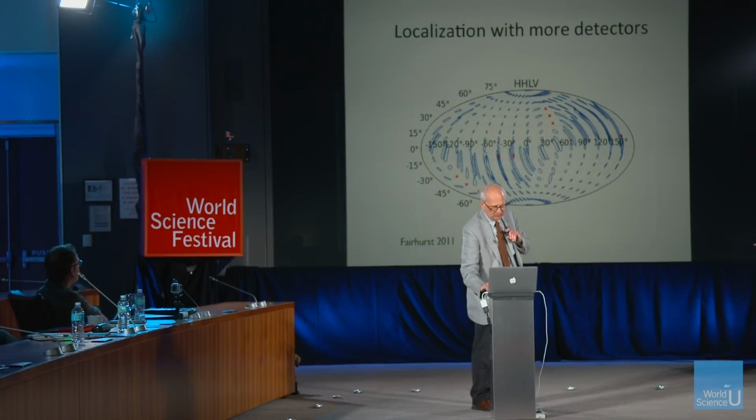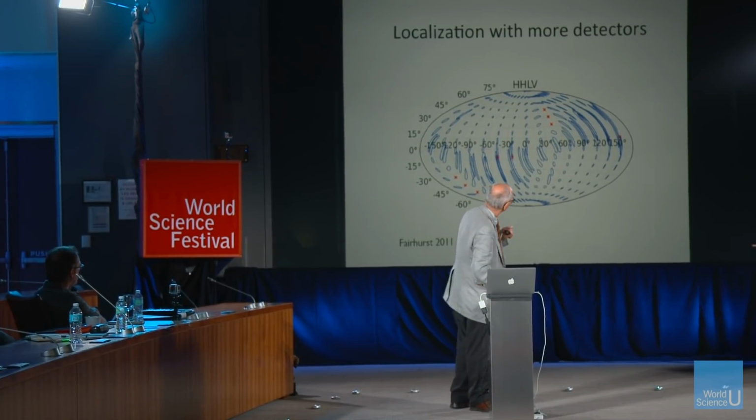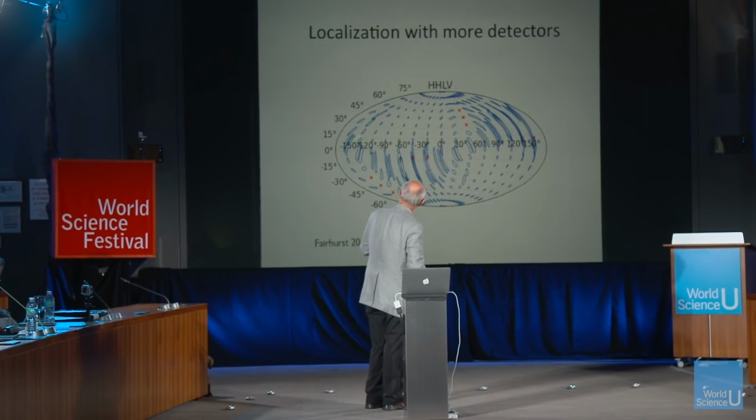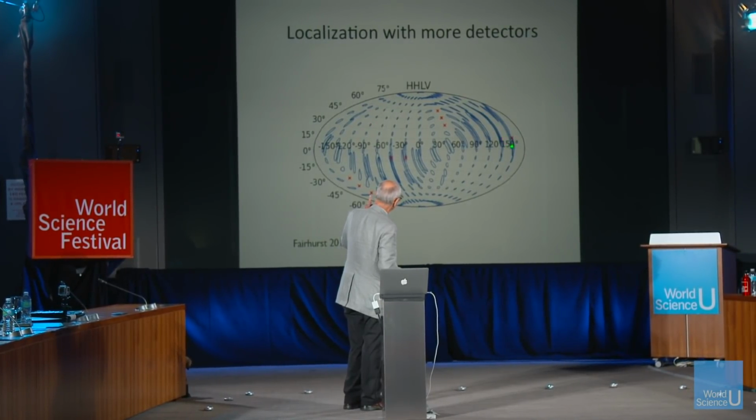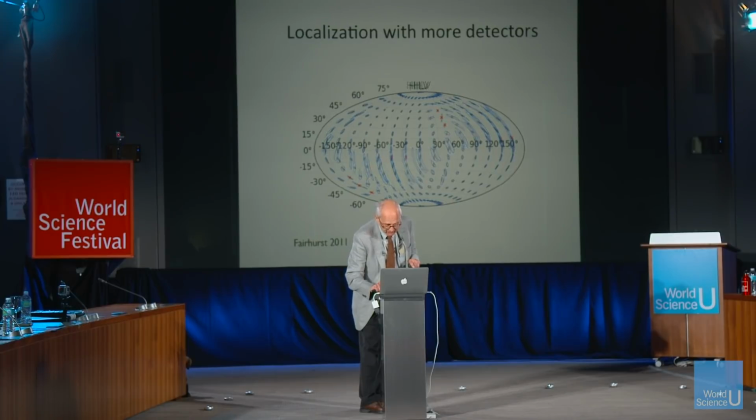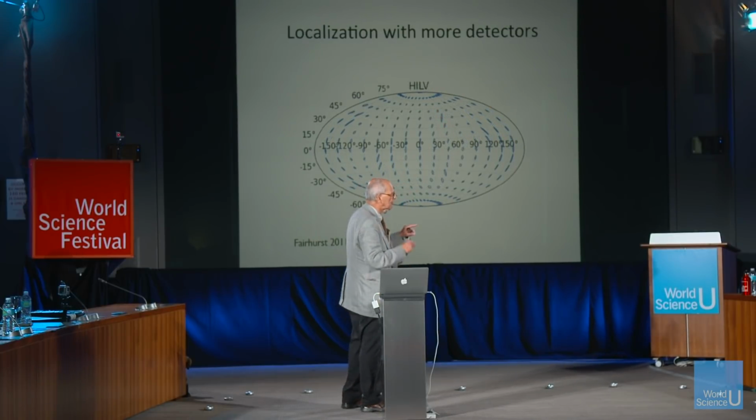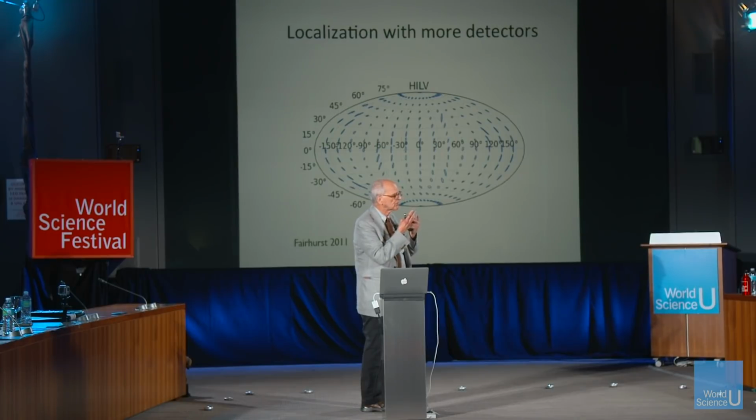And in fact, here's a very beautiful picture showing you what localization does. This is just having more detectors. Here are the error bars on the sky from a neutron star binary with a signal-to-noise of about 8. And this is the error in position over the sky. If you have Hanford and Livingston, those two LIGO detectors, and Virgo actually running, that would be already quite wonderful. And if you now add India, you get something that looks like that. So that becomes something that you could give to astronomers and say, please look in that error bar right there and see what you see.